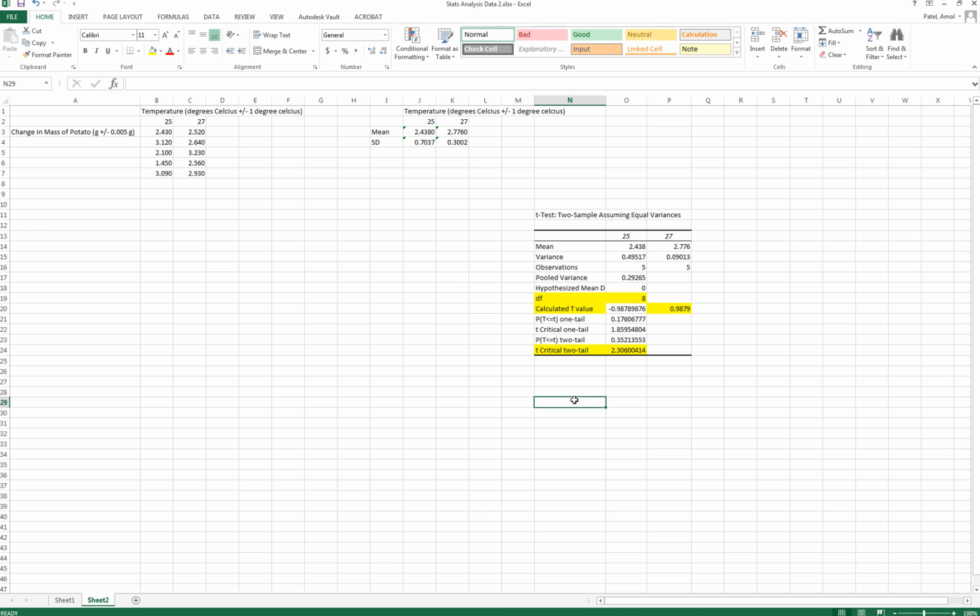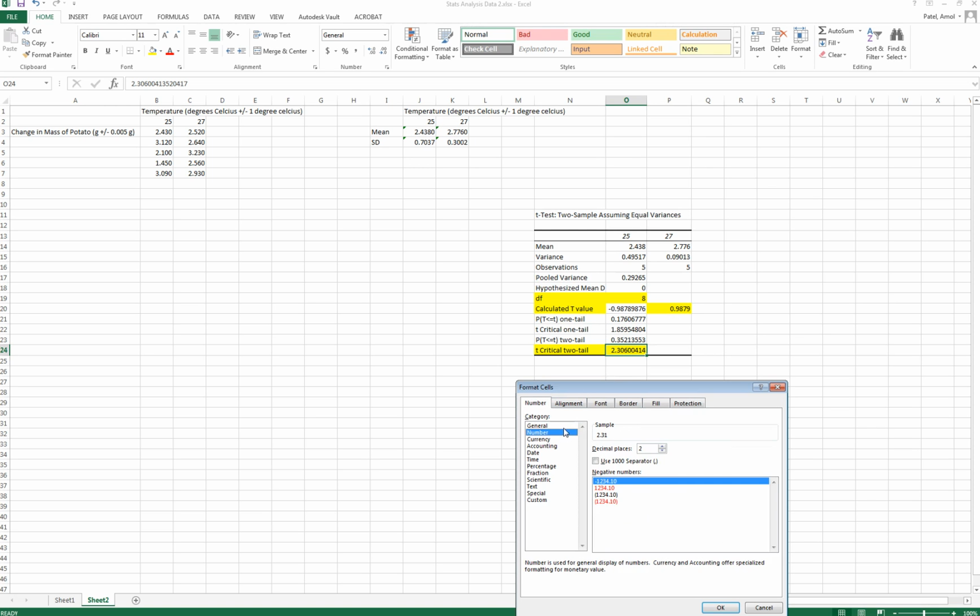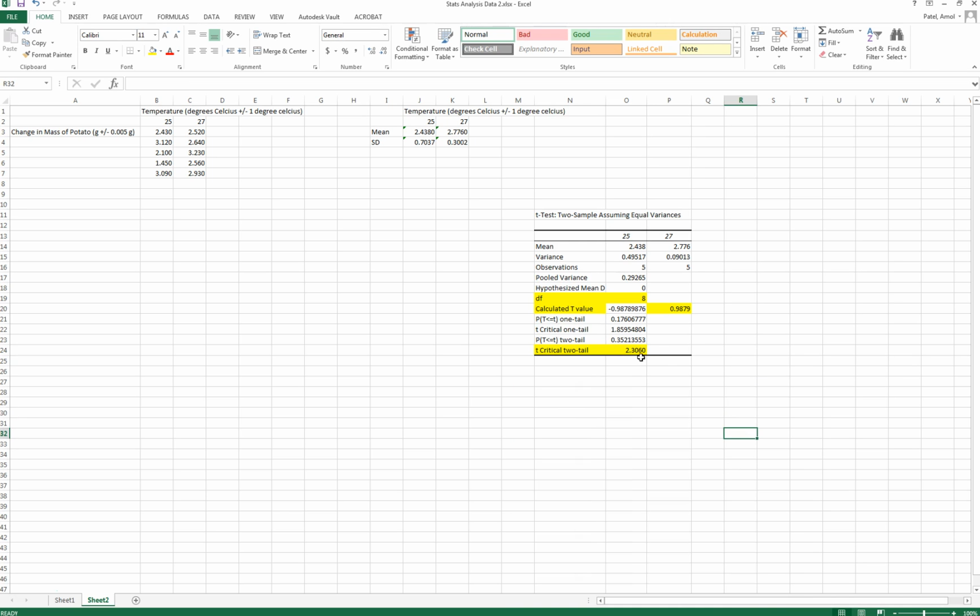as well. So this is the rule: if my calculated t-value is less than my t-critical two-tail value, so my calculated t-value is 0.9879, my t-critical two-tail value at a 95% confidence level, because that's what we set our alpha to be. I'm going to format this so it's 4 decimal places, 2.3060. Because this calculated t-value is less than this t-critical two-tail value, I can say that the difference between these